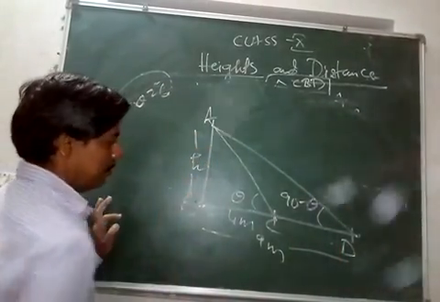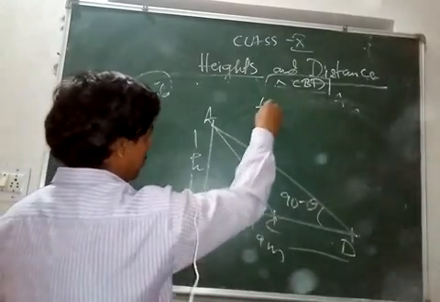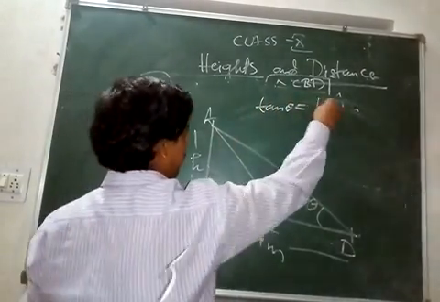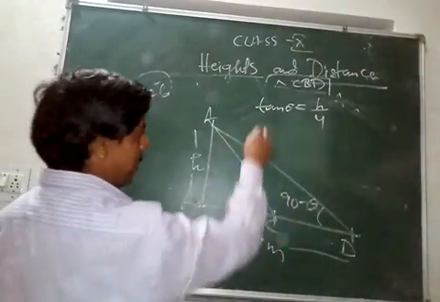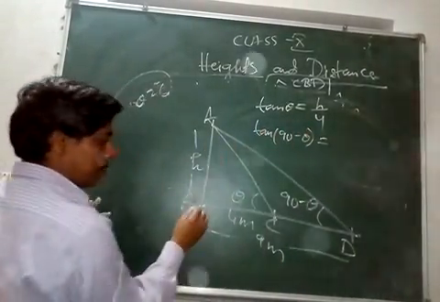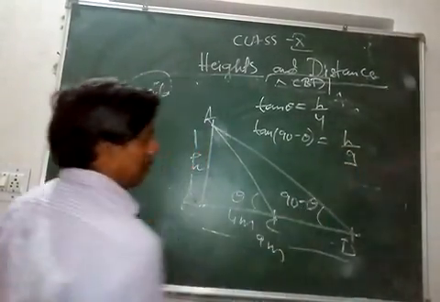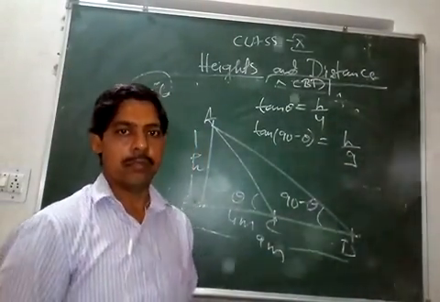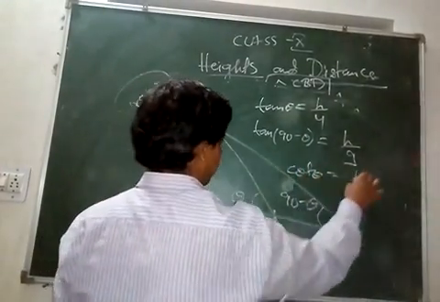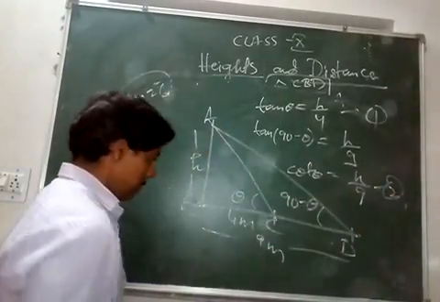Suppose this is h. Now, if I do it directly, you have to understand tan of theta from triangle ABC is h upon 4. And tan of 90 minus theta, okay, is h upon 9. This complete distance is 9. Okay. Now tan 90 minus theta is what? Cot theta, right? So cot theta is equal to h upon 9. So let this be 1 and let this be 2. So multiply 1 and 2.